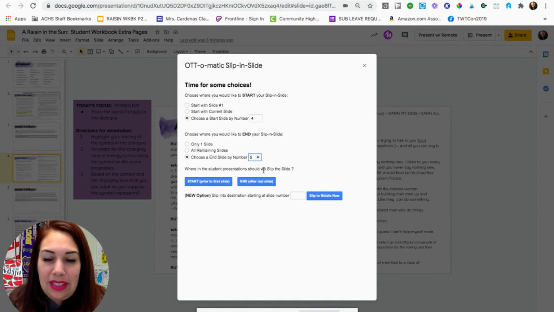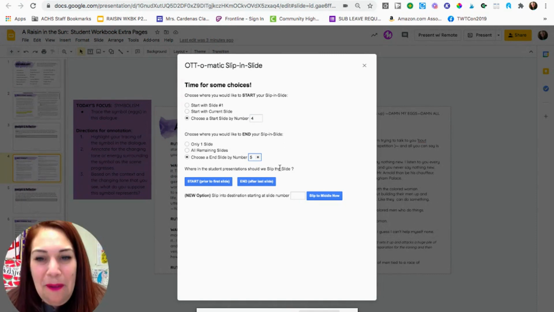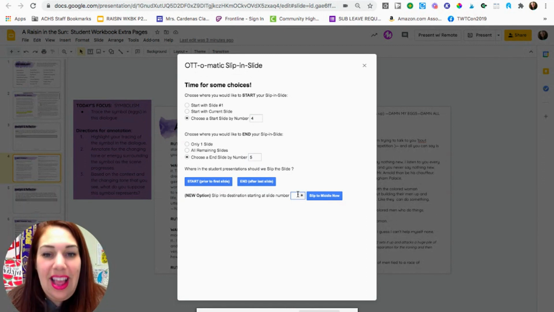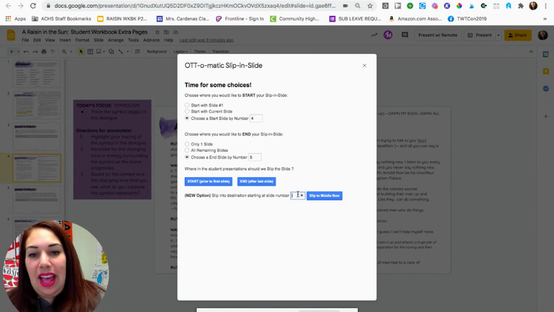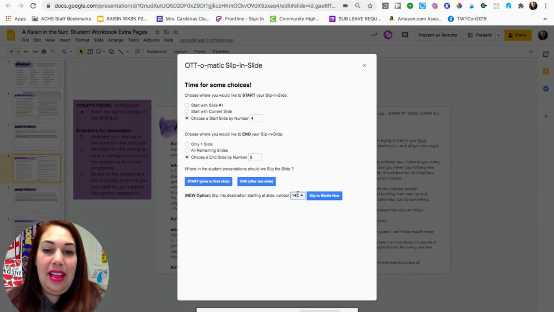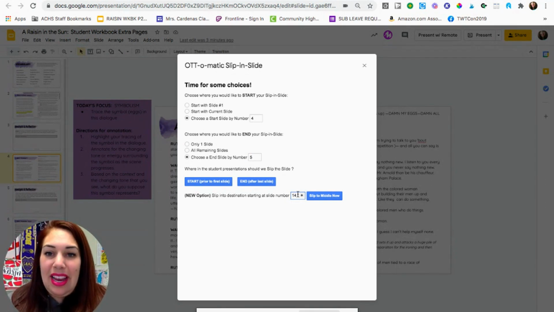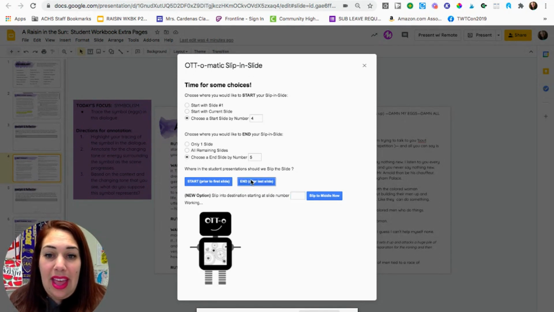Where in the student presentation should we slip the slide? I want to slip it starting at slide number 14. Okay, so now I can slip it right where I want it. I can also just select at the end, after the last slide, if you can't remember where kids are. So that's another easy way to do that. I'm going to click that, end, and that's where my slides are going to go. My little robot's going to do his thing, and whoosh, I'm sending out the slides to all of the